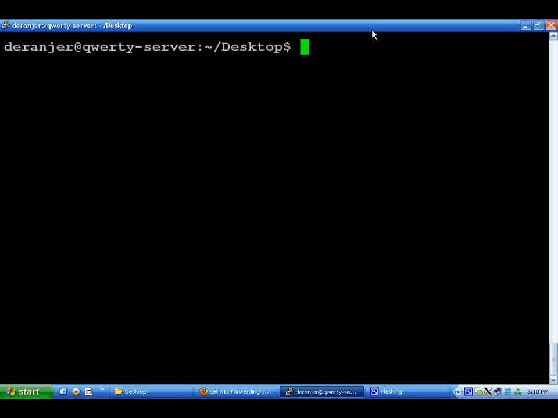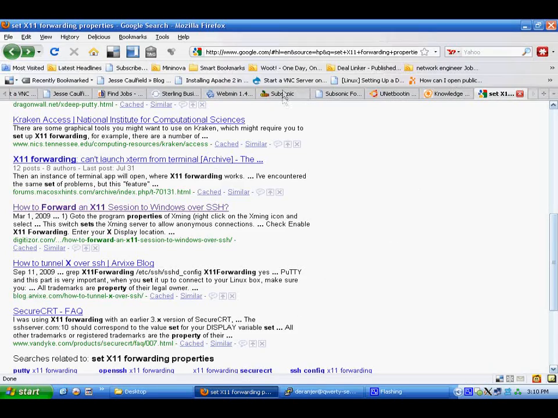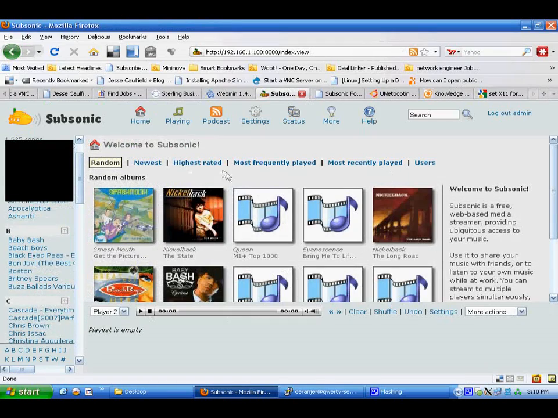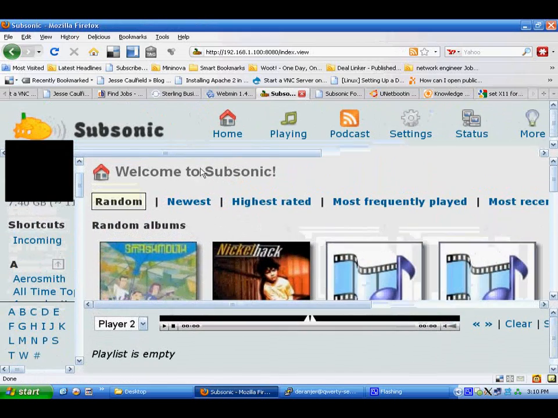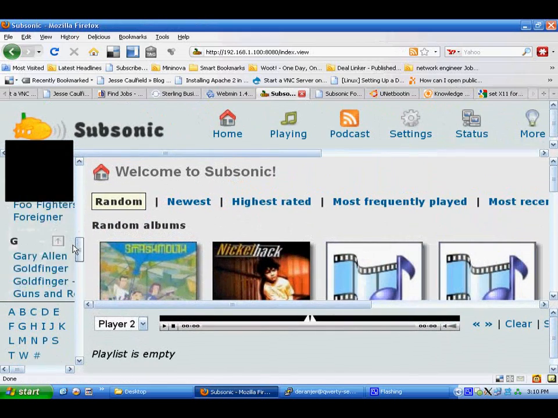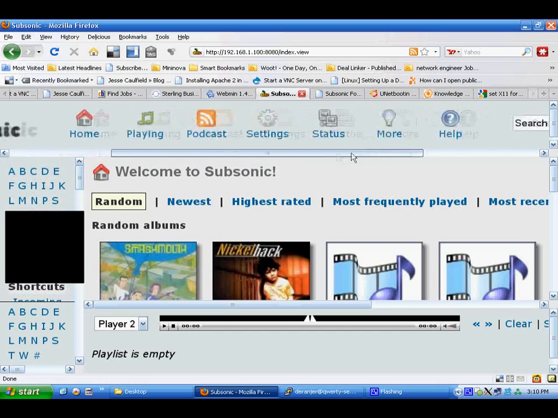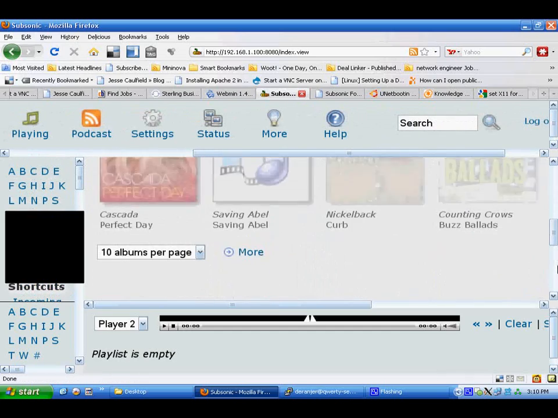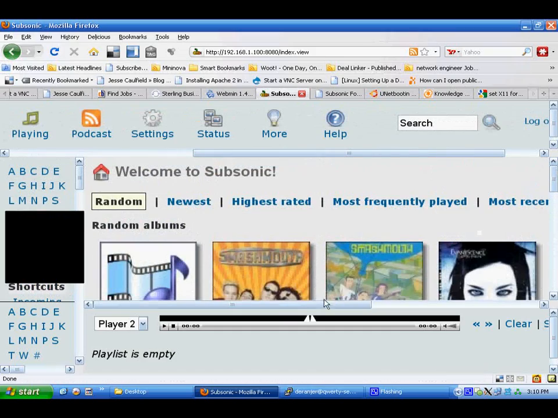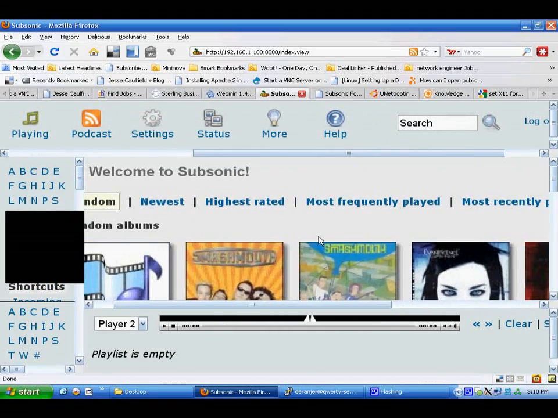Alright, so after that I want to install pretty much all the same applications that were running on my Windows machine, which, believe it or not, are either available or there are alternatives available. The first thing I wanted to do was Subsonic. This is essentially a music server that's available through a web interface, and it looks something like this. Zoom in a little bit, and you can load all your songs in here. You can subscribe to podcasts, you can do encoding, you can even do videos if you're really determined, and I don't have the bandwidth to do that, but essentially